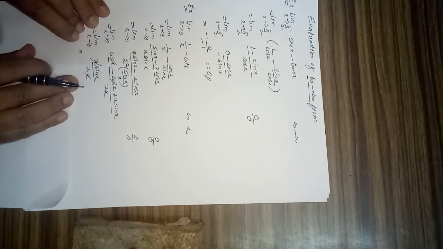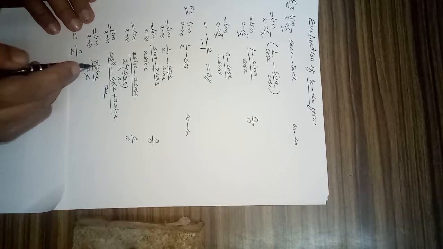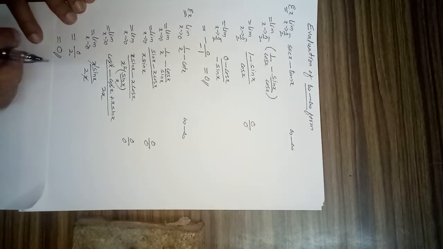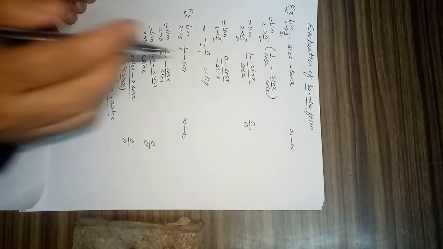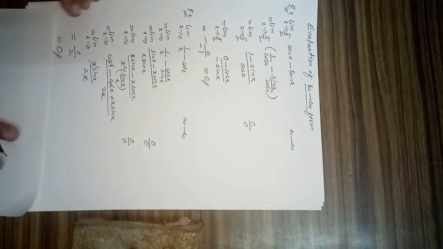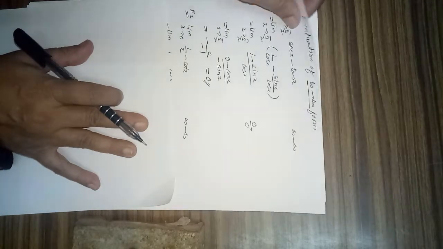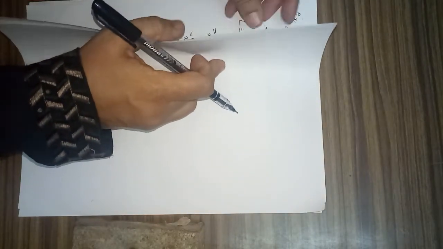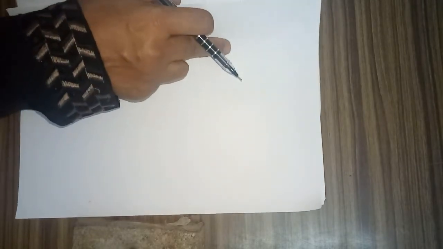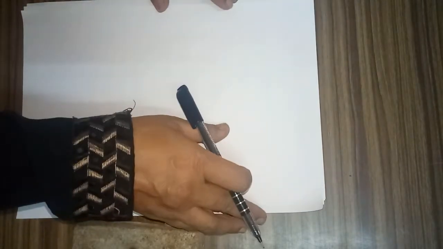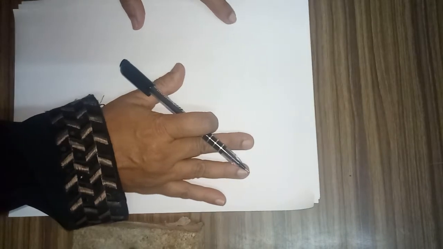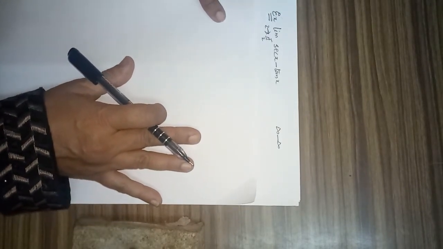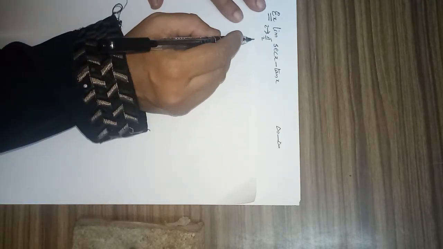Now when we substitute here x equal to 0, sin 0 is 0, divided by 2. So finally 0 by 2 is 0. So the limit of this problem is 0. This way all other forms can be reduced to either 0 by 0 form or infinity by infinity form, so that we can apply L'Hospital's rule. I am considering another problem, that is sec x minus tan x as x tends to pi by 2.